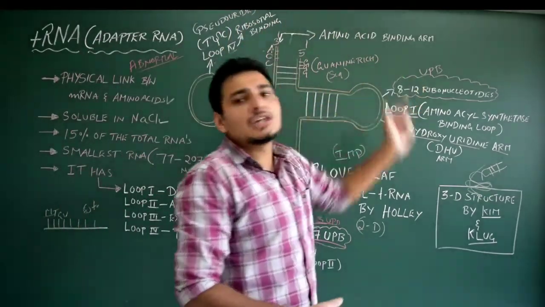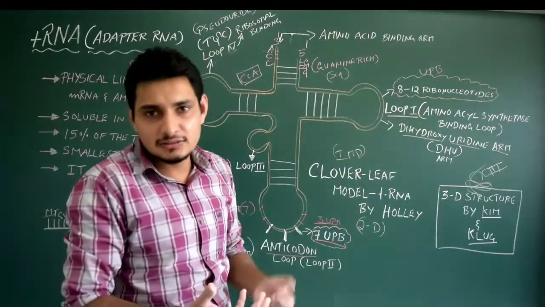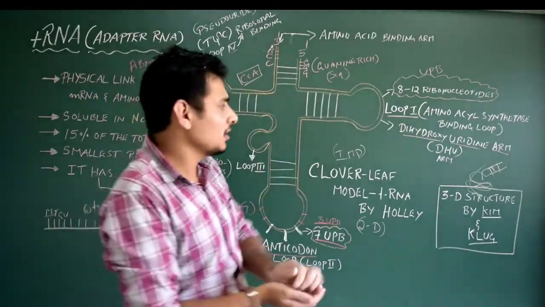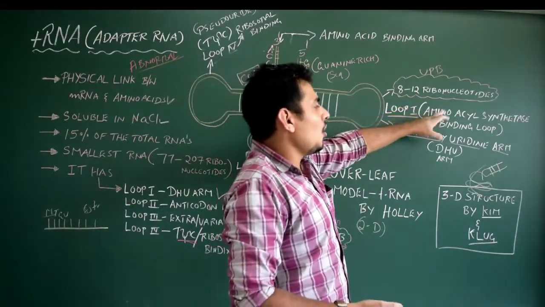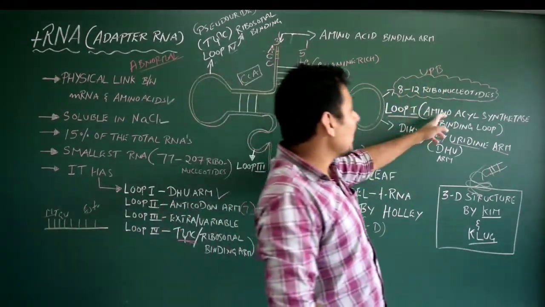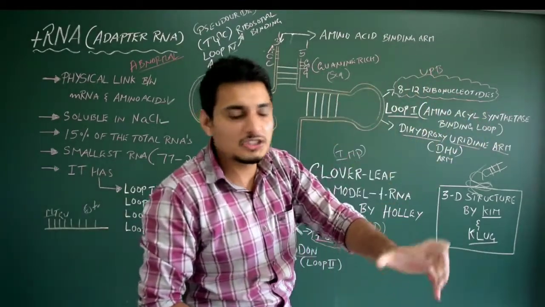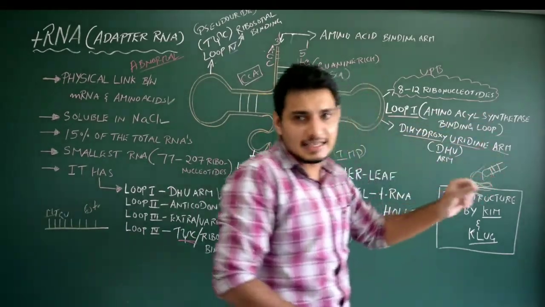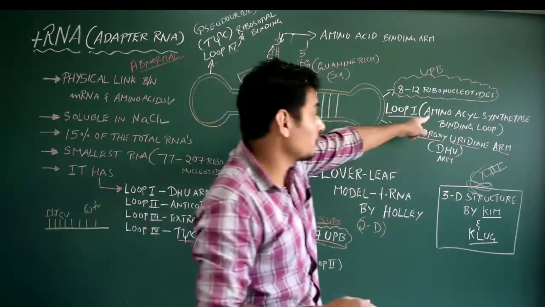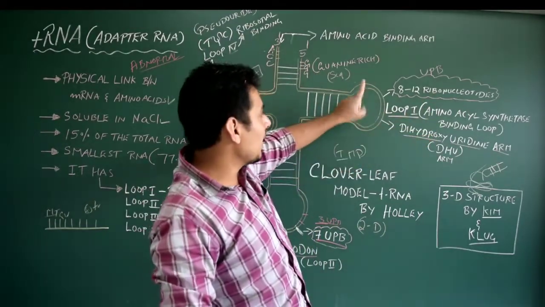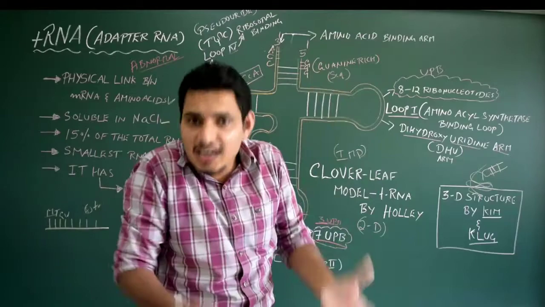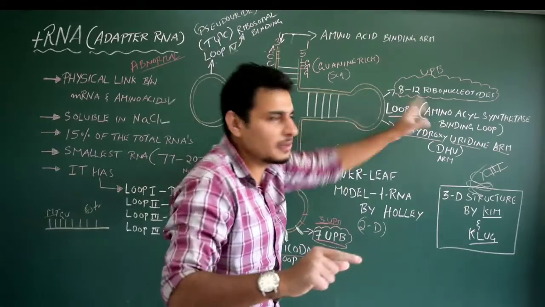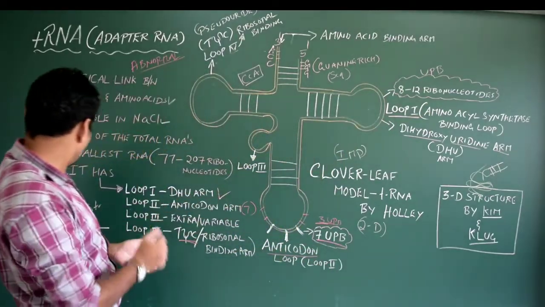Now we need to charge the tRNA. You will not understand what this tRNA charging is, but it's very important. When I discuss translation, obviously I will talk about it. Loop 1 has a specific sequence which will bind to a specific enzyme, which is very important for charging tRNA. That is the aminoacyl synthetase enzyme, which will bind to loop 1. Remember, it's very important. As a result, tRNA gets charged, and it will attract the amino acid. The sequence will not occur like that, just remember the function of it. So that's all about it, I guess.